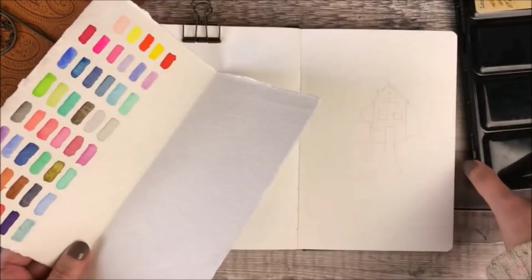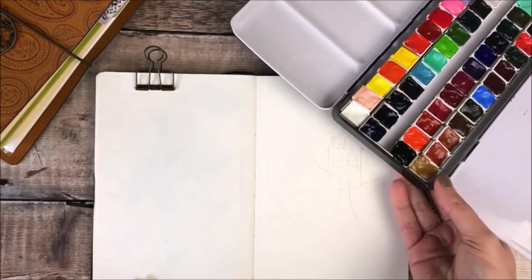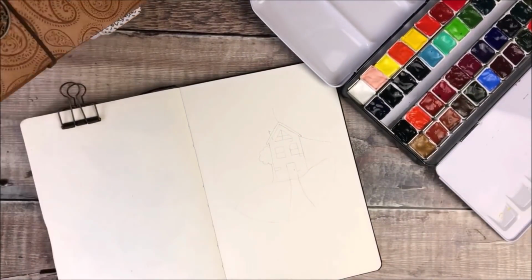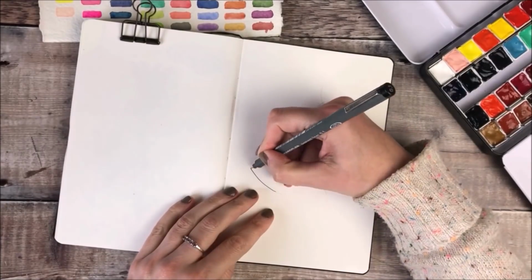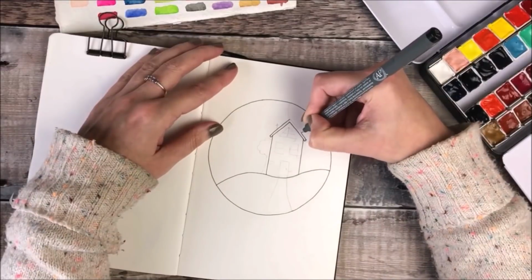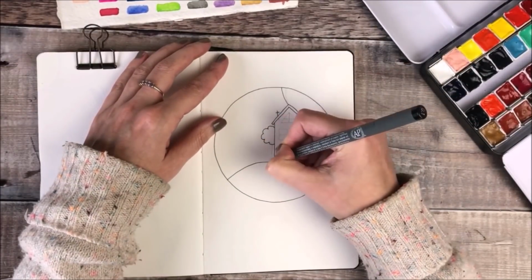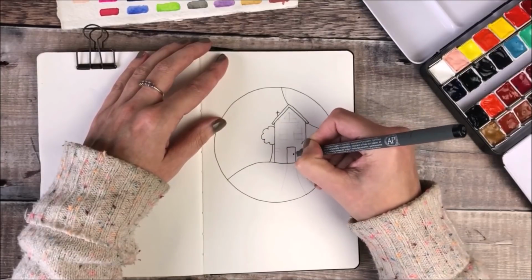Once I've finished doing all of the painting, I'm going to scan in this page and print it out so that I can stick it straight into my bullet journal. And I'm also going to upload an image into my free printables section on my blog. So if you'd like a copy of it, you'll be able to find it there, and I'll leave all the